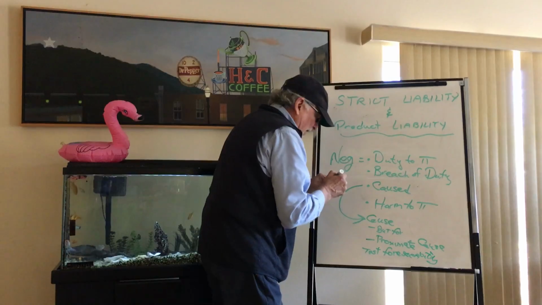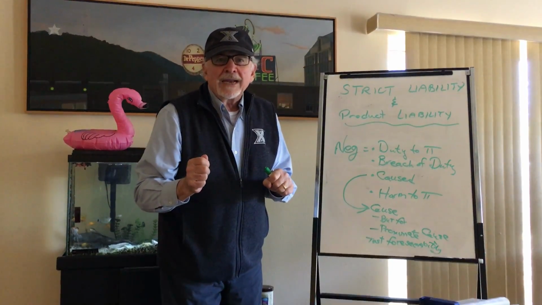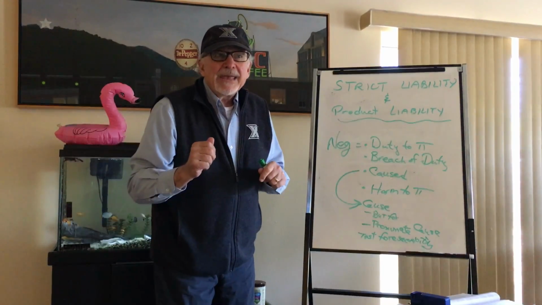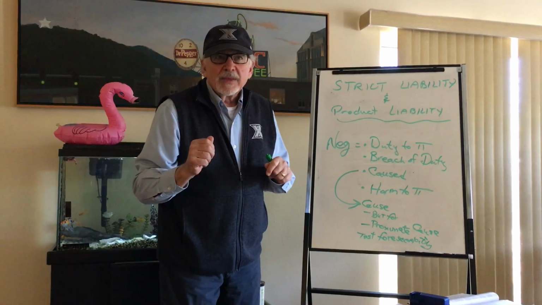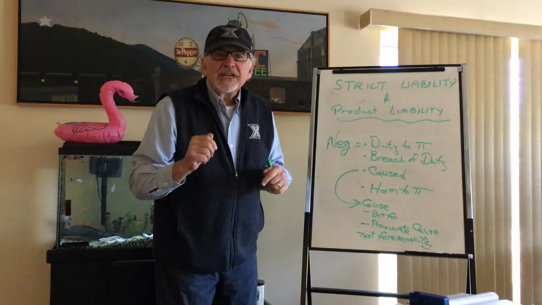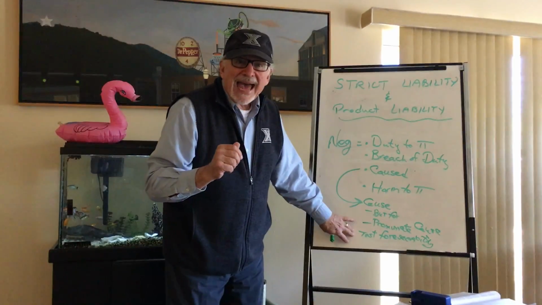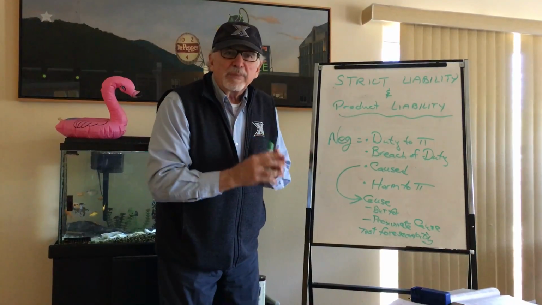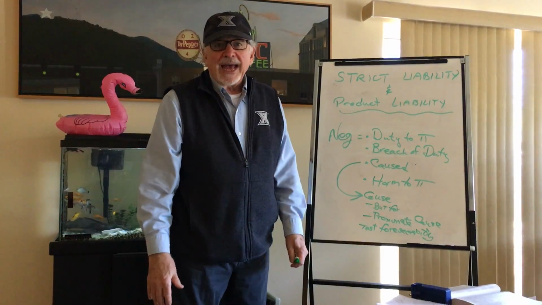Remember the case of poor Helen Palsgraf, when she sued the Long Island Railroad for having some scales fall on her, from an explosion caused by fireworks dropped on the tracks three or four tracks away. She did not recover because the court said that the injury to Mrs. Palsgraf from the explosion was not foreseeable by the railroad's actions.